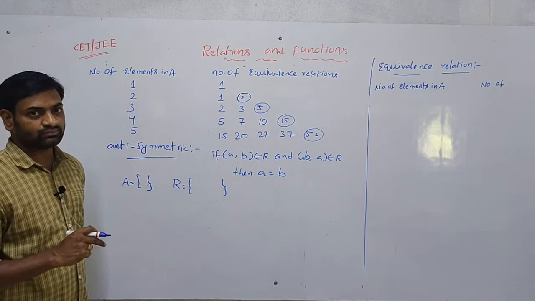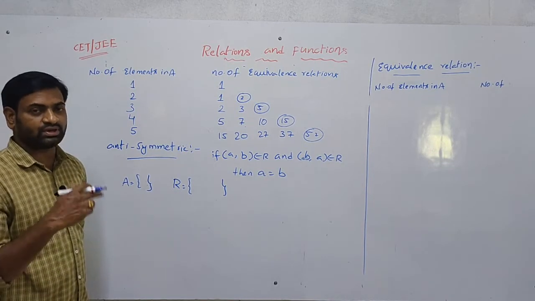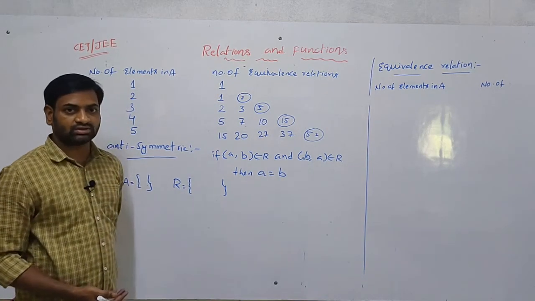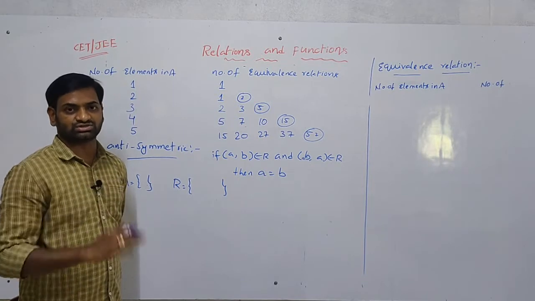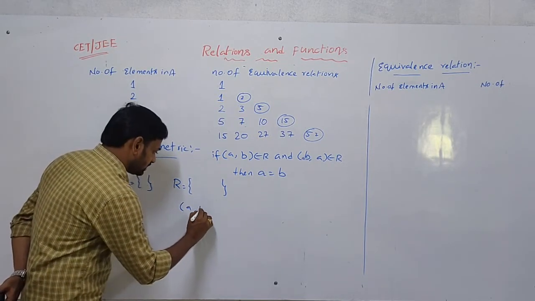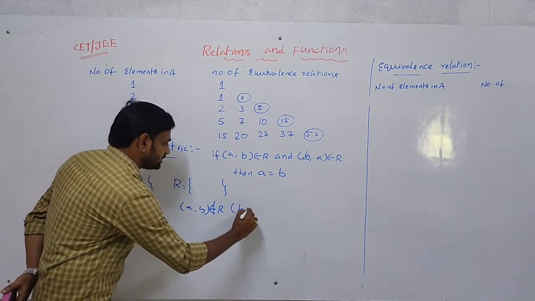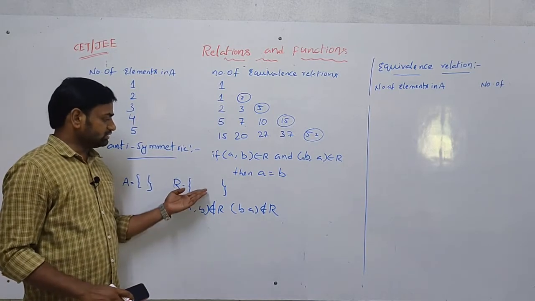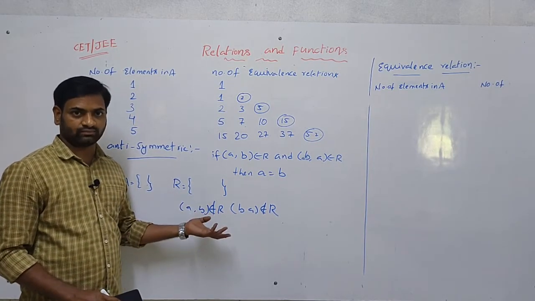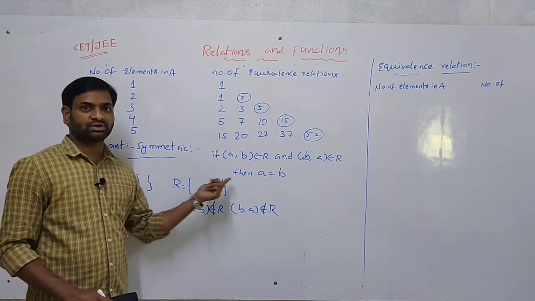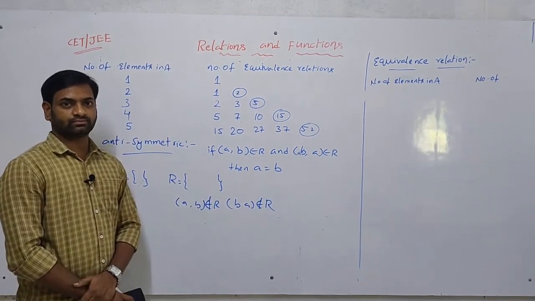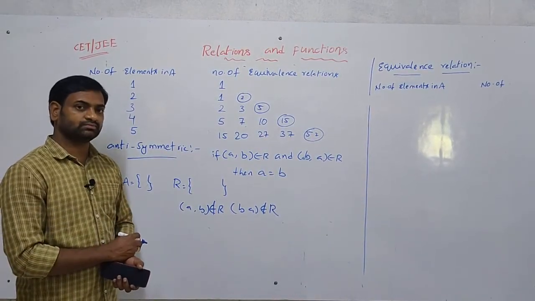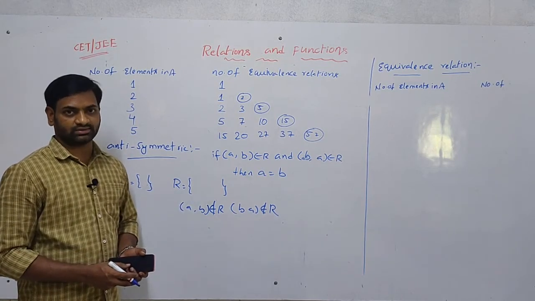Next, what about the symmetric? For the symmetric, what does it say? The reverse case. If A comma B does not belong to R, then B comma A also does not belong to R. Here there are no pairs. That is, not belonging to R. There are no pairs in this one, so the reverse pair is also not in this one. If you have any pair, you can check that one. If there are no pairs, how can you check? So then it is symmetric.